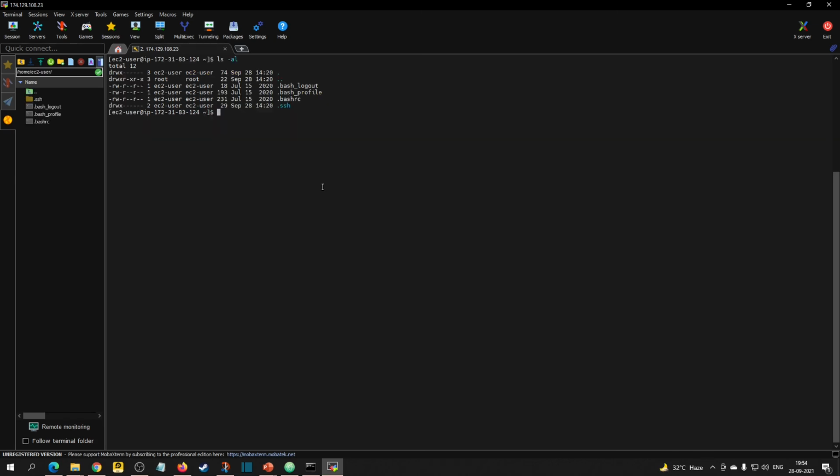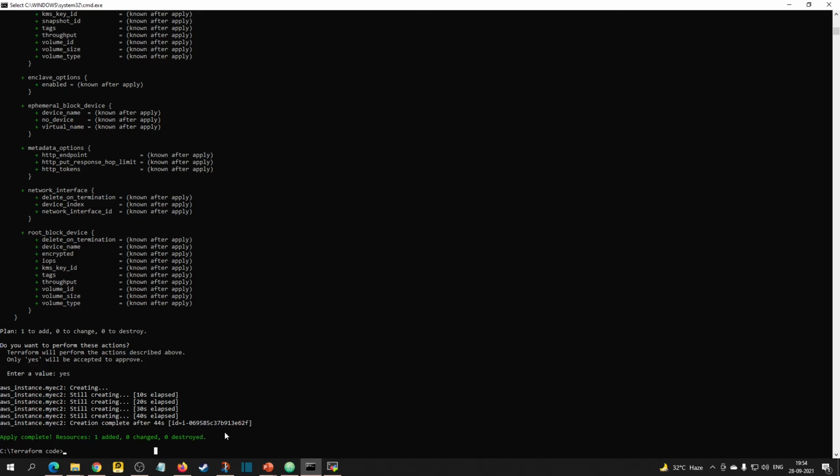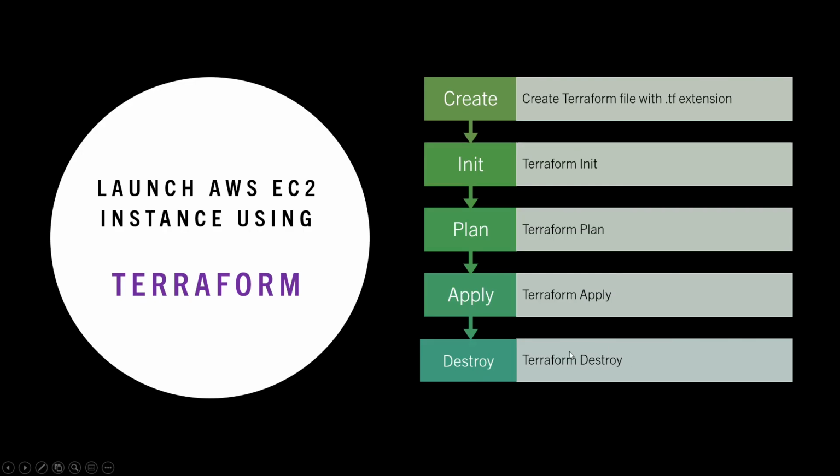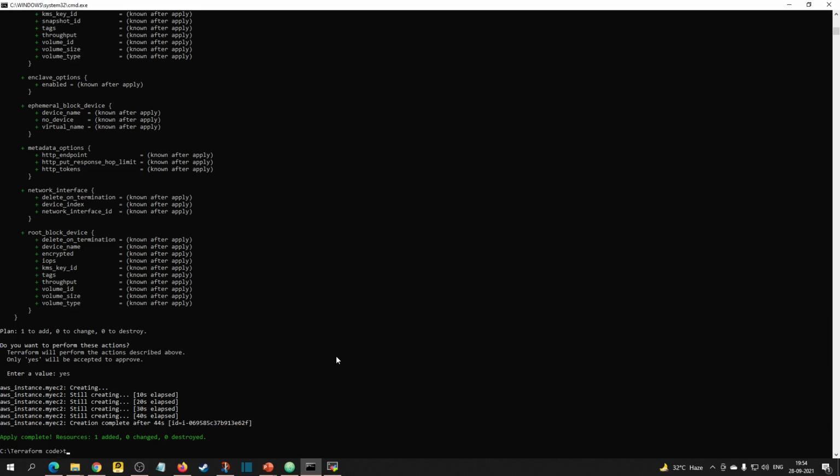So we can check all the commands. If you want to delete your resources, make sure you delete them after you complete testing. For that, we need to use the command terraform destroy.